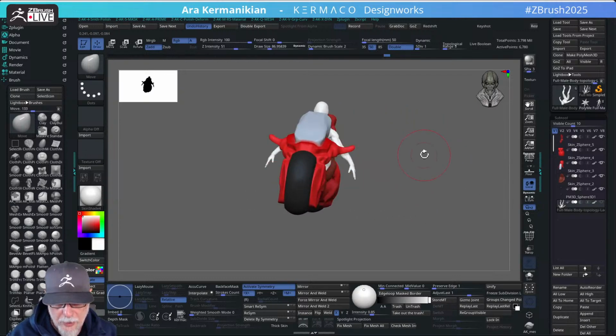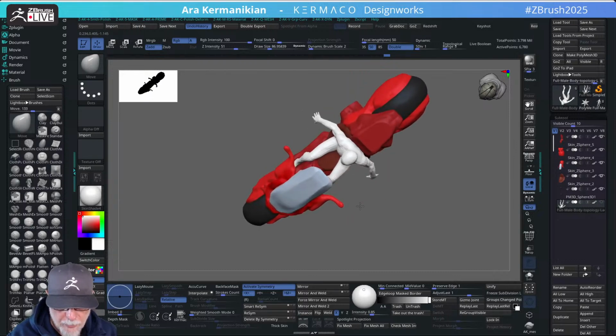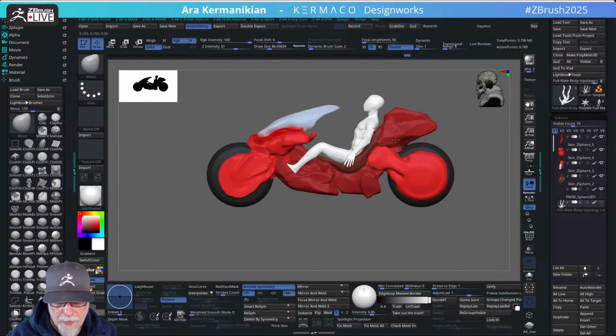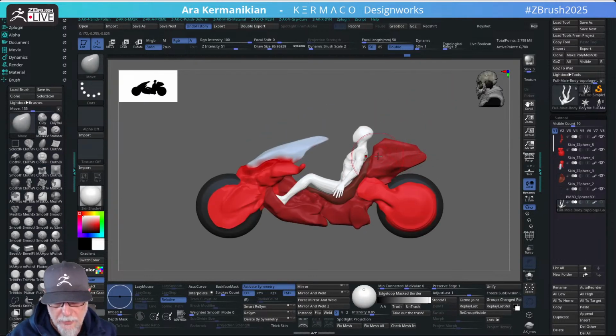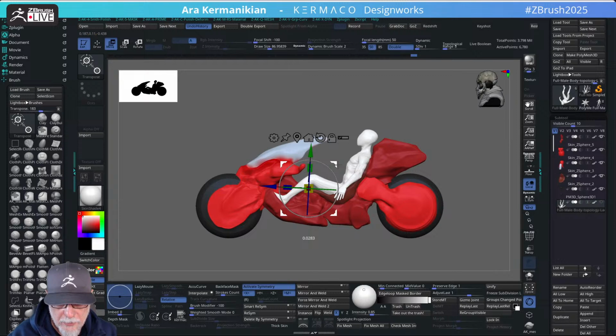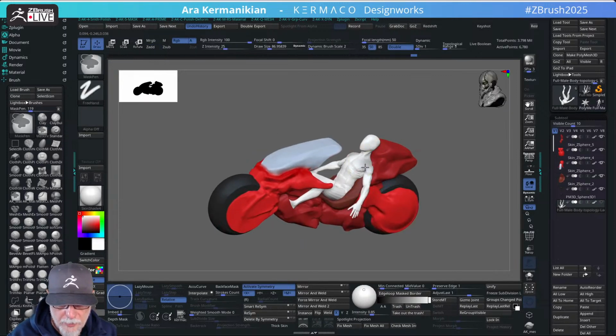Now let's do the arms next. And again, I'm not really being very precious with this. It's just for reference, just to eyeball where things are. And then to do the arms. So he's going to be sitting comfortably, kind of leaning back. Something like that. And he is going to have his arms